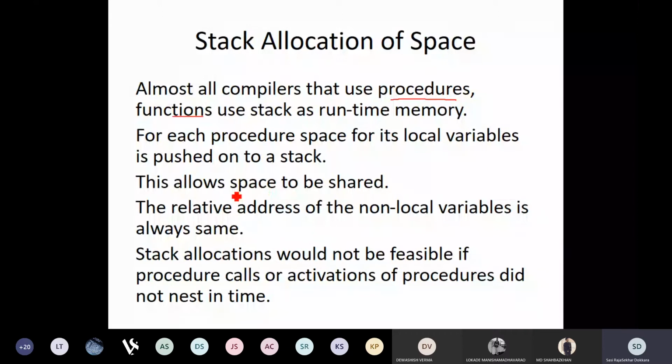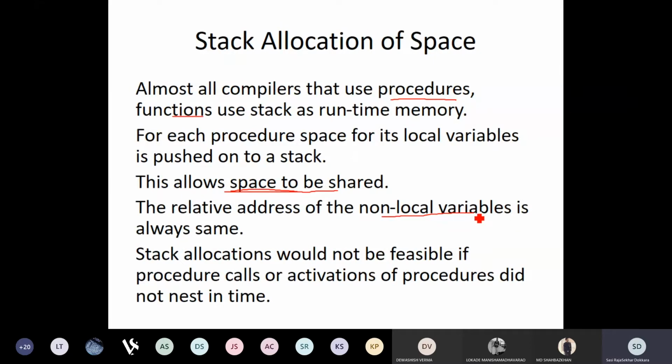So the next procedure that comes can use the same space. Therefore sharing of space is possible when you use stack allocation. And the non-local variables can have a relatively fixed space, and that space is never going to change.